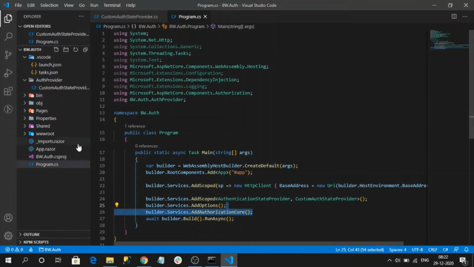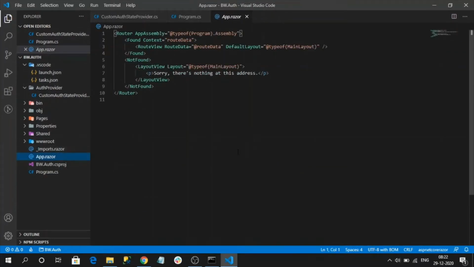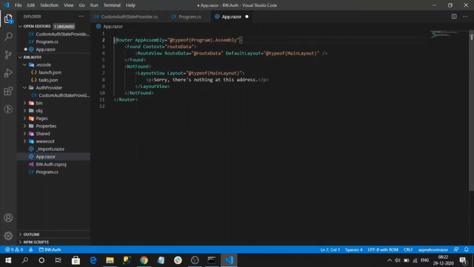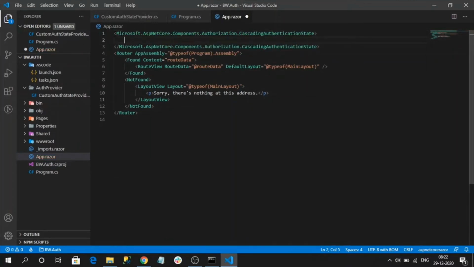We need to do one more configuration in App.razor. We need to wrap our entire route with the pre-built CascadingAuthenticationState. By wrapping this, our entire application will have access to this authentication process.